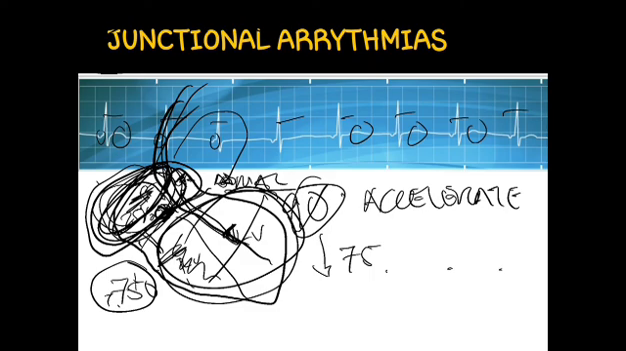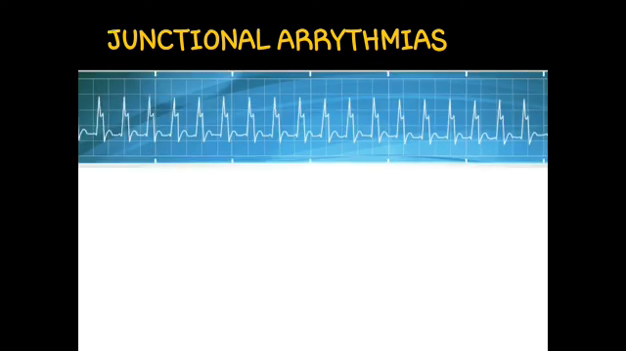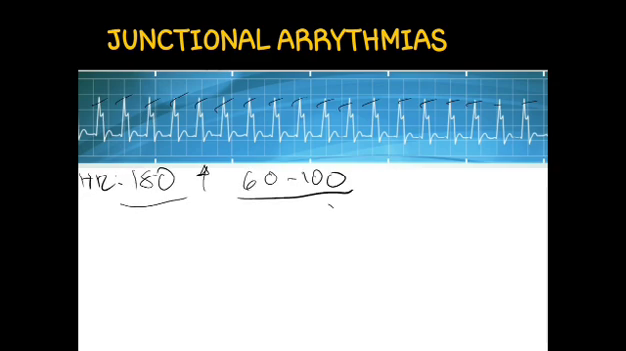Okay, so next rhythm is this one. As you can check, this is a very fast rhythm. So let's check the heart rate of your patient. We have 1, 2, 3, 4, 5, 6, 7, 8, 9, 10, 11, 12, 13, 14, 15, 16, 17, 18. So the heart rate of your patient for this is 180. 180, and that's actually beyond normal heart rate, which is 60 to 100, considering that with junctional rhythm it is